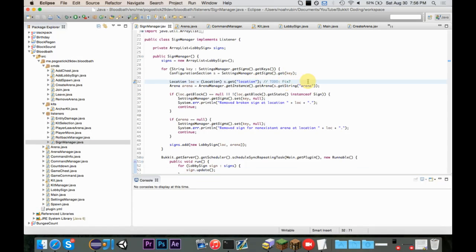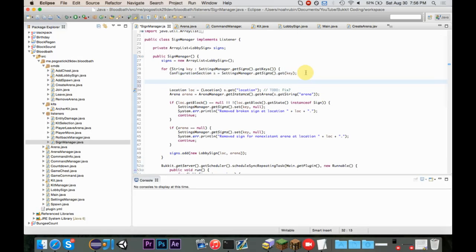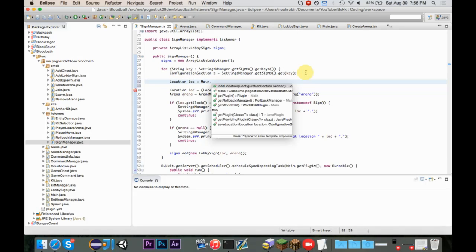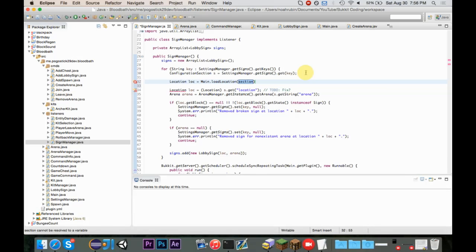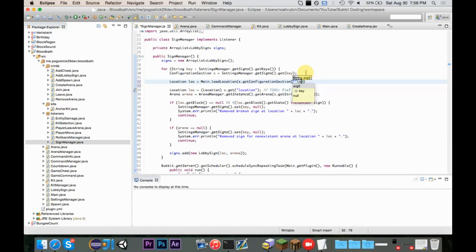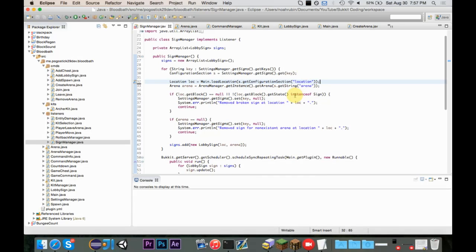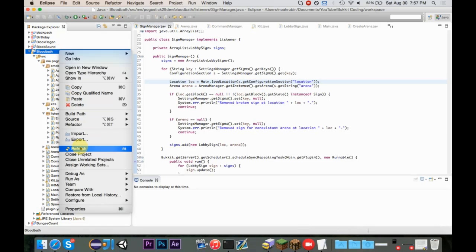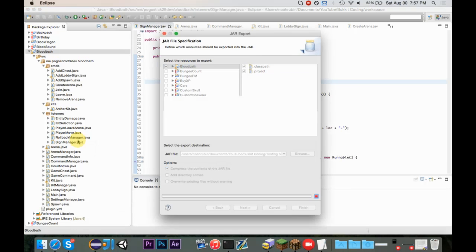Instead of casting it like this, we're going to say location lock is equal to main.loadLocation, and then the section is going to be s.getConfigurationSection location. So it was doing the same thing, and I even wrote a to-do about possibly fixing it, and I obviously did need to fix it, and now I just did. So let's export,